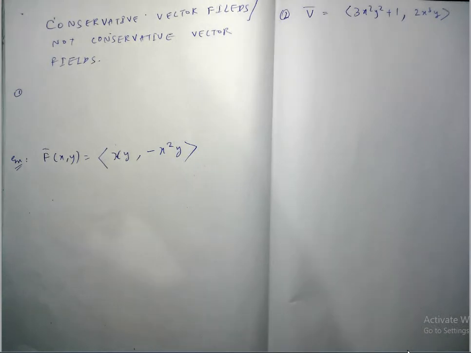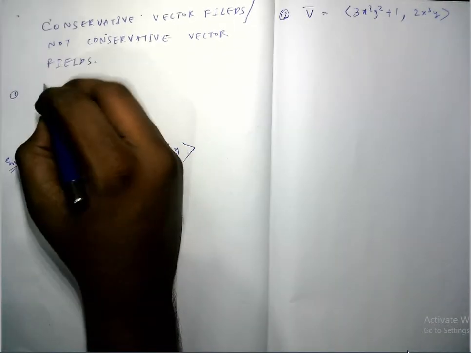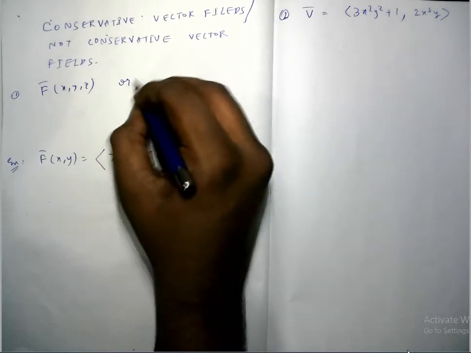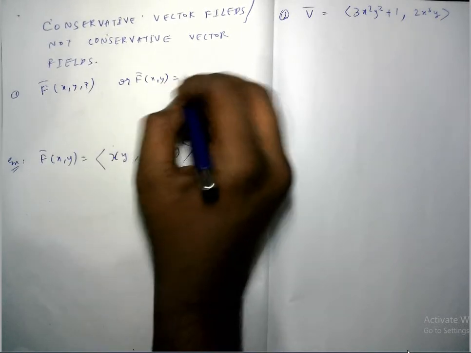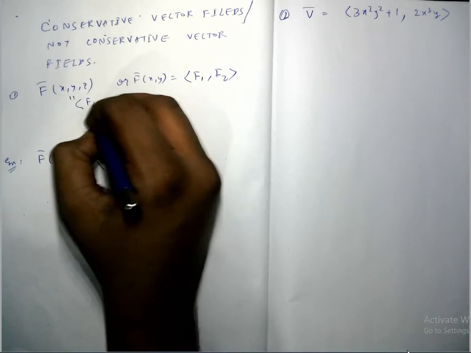So in this video I'll be talking about conservative vector fields. What are conservative vector fields? Well, whenever you have a vector field that is of the form F(x, y, z) = (f1, f2, f3),